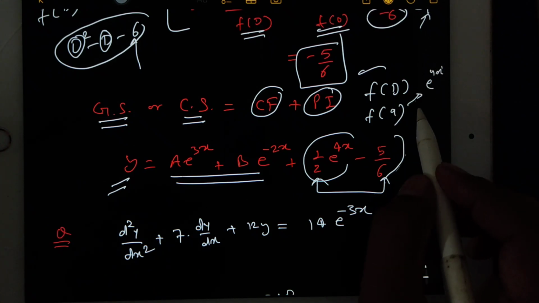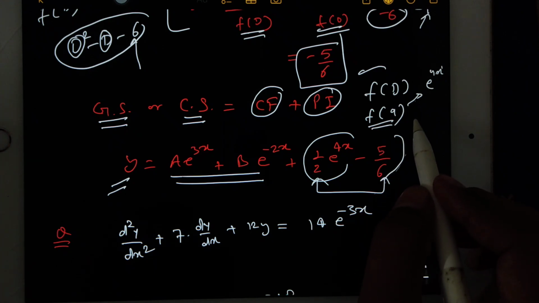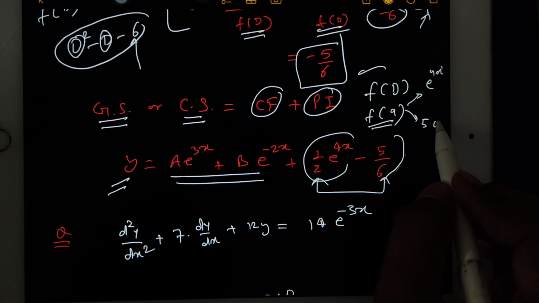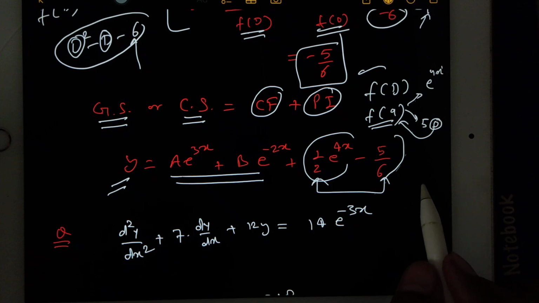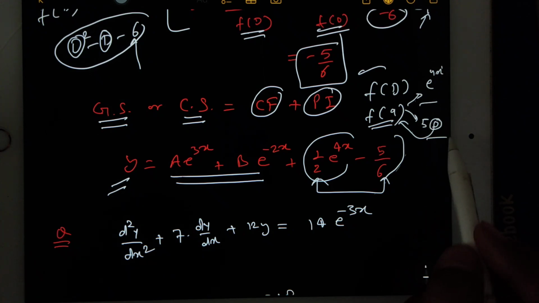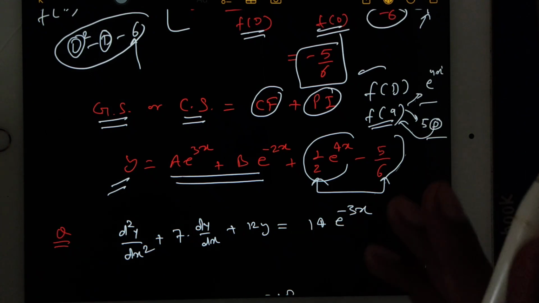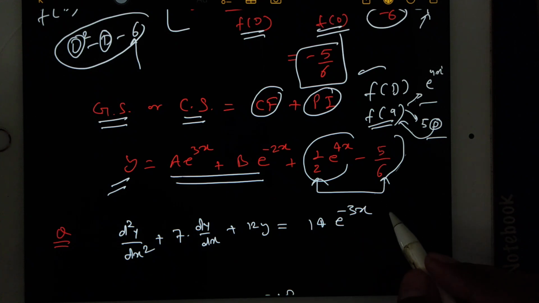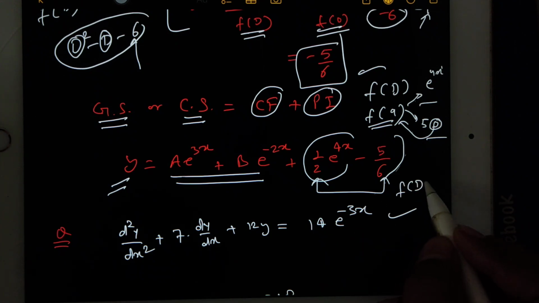So there also my f(a) did not become 0 in the first attempt. And when I was solving for 5, I kept 0. That time also my f(a) did not become 0. So it was a simple question for us, and in a single attempt itself we got our answer. But now I'm taking an example where your f(D), when you substitute a here, means f(a) in the first attempt it